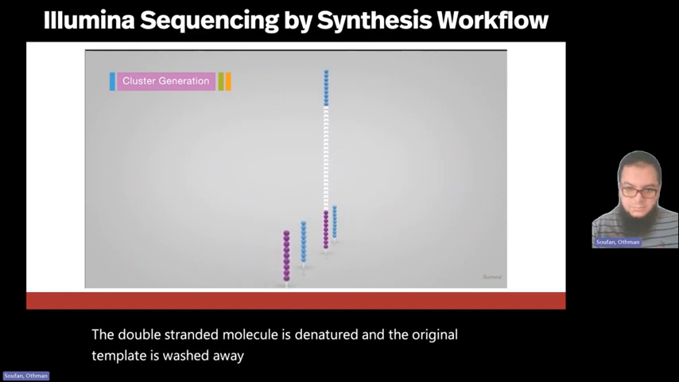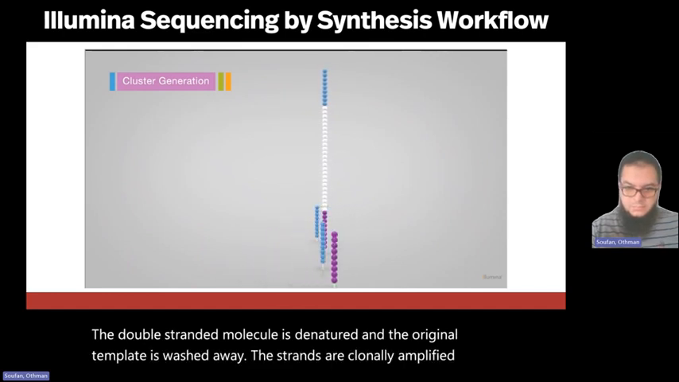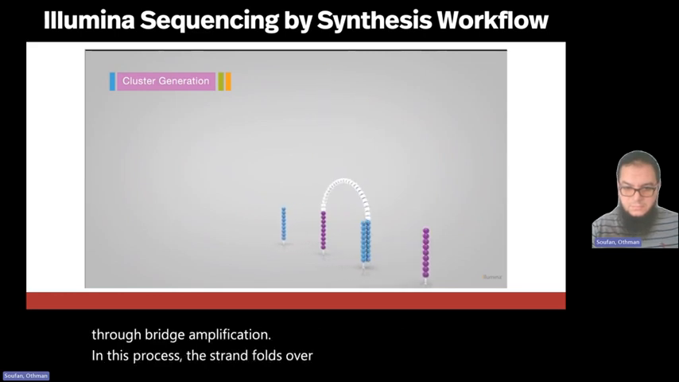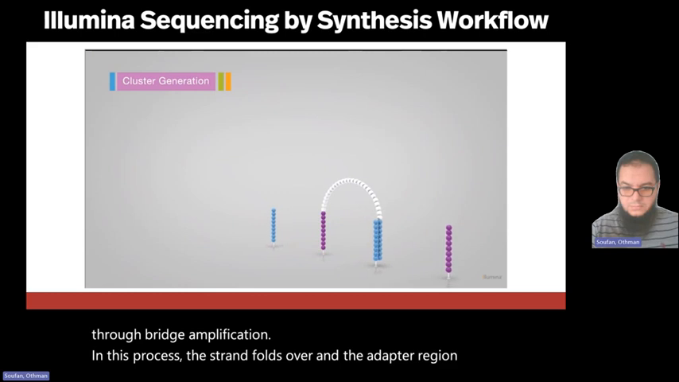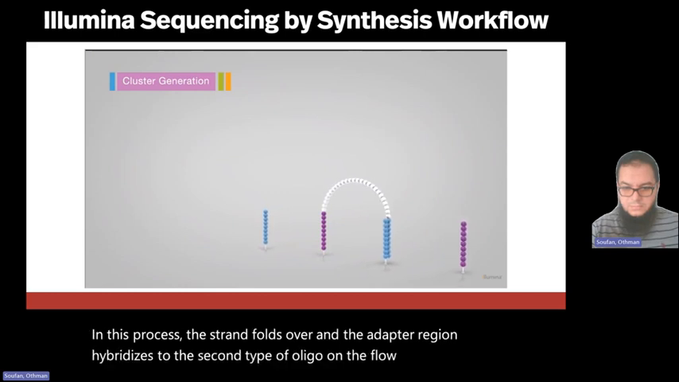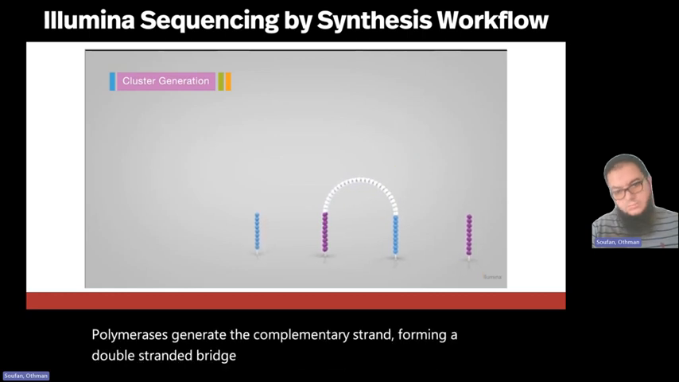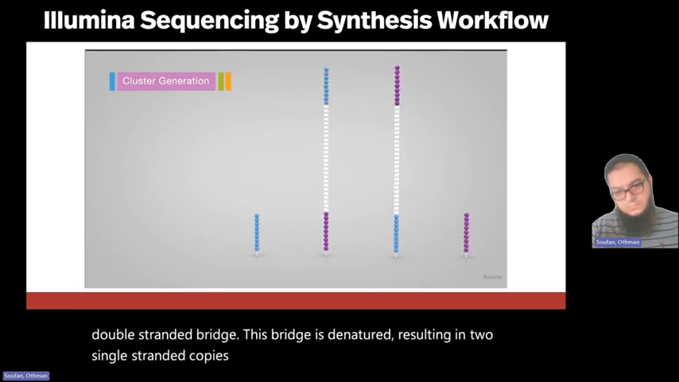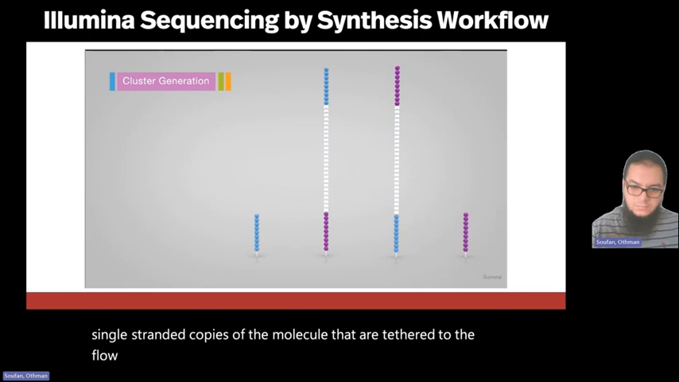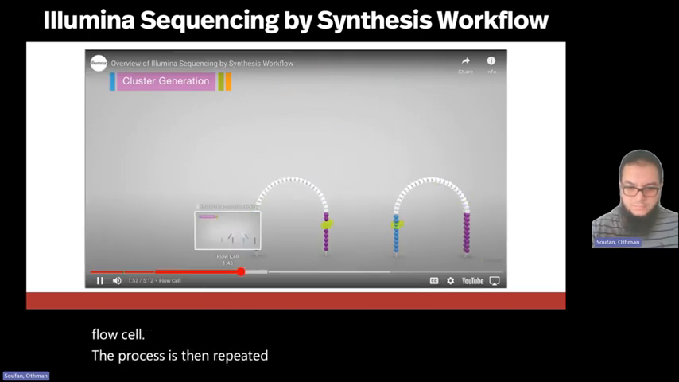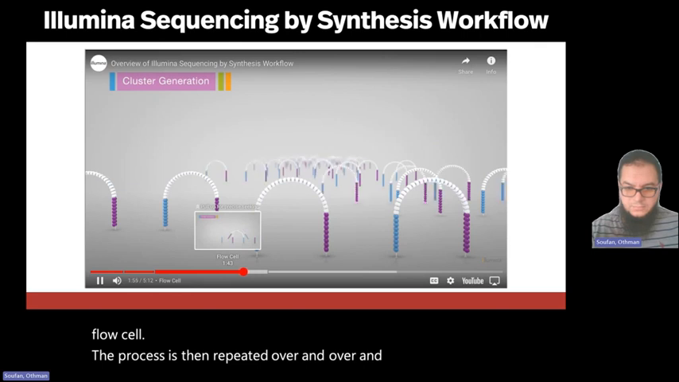The strands are clonally amplified through bridge amplification. In this process, the strand folds over, and the adapter region hybridizes to the second type of oligo on the flow cell. Polymerases generate the complementary strand, forming a double-stranded bridge. This bridge is denatured, resulting in 2 single-stranded copies of the molecule that are tethered to the flow cell. The process is then repeated over and over and occurs simultaneously for millions of clusters,